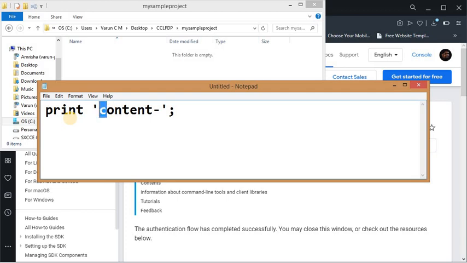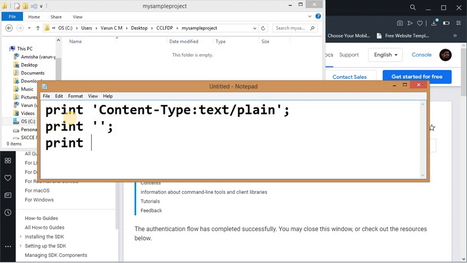This is just a mere example to explain how this web application is running. Content type colon text slash plain. This is to mention that you are going to have a text document. Next I am having just a blank print, then followed by that let me have some text to display.